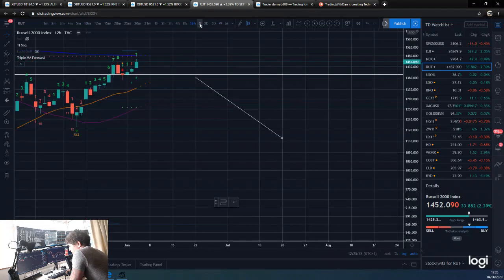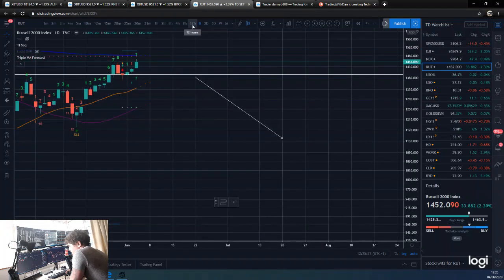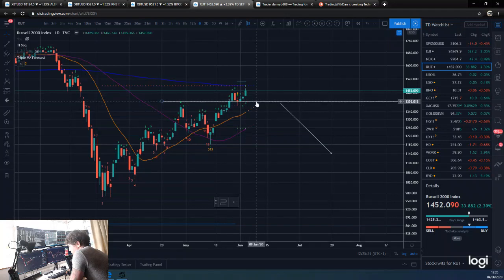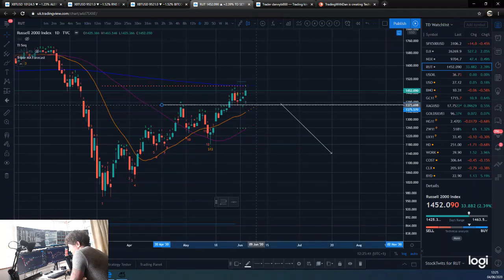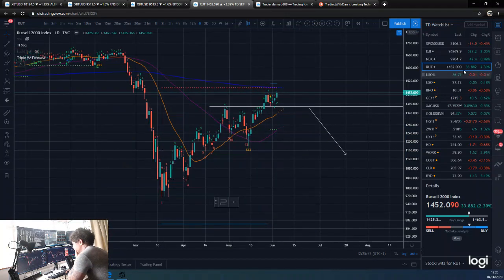So I'm just going to have a look, see if we can potentially move this. I mean, it's more a case of moving it down really to below this 9, but we'll leave it where it is for now. And in fact we won't. We'll move it down a little bit to in line with the top there. So yeah, a break below here I would say would be a bit more prudent, a bit more conservative.